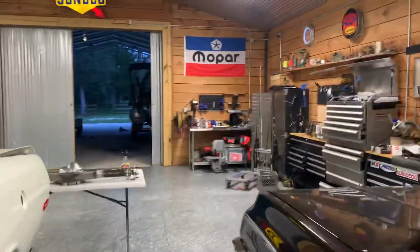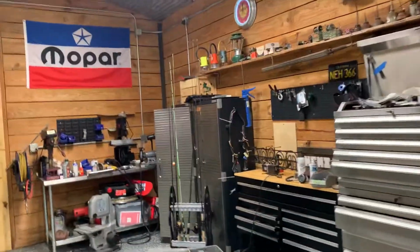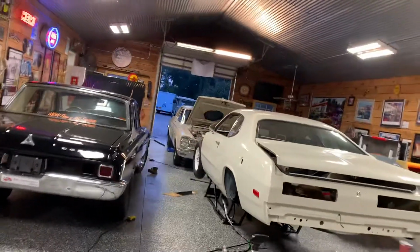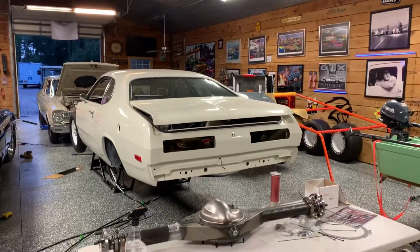Well, it's Sunday evening. I'm going to give you an update of what's going on in the Mopar barn, specifically covering the new car. So the Duster project,